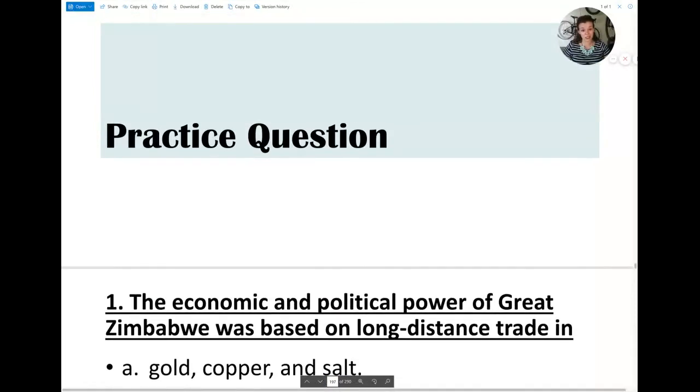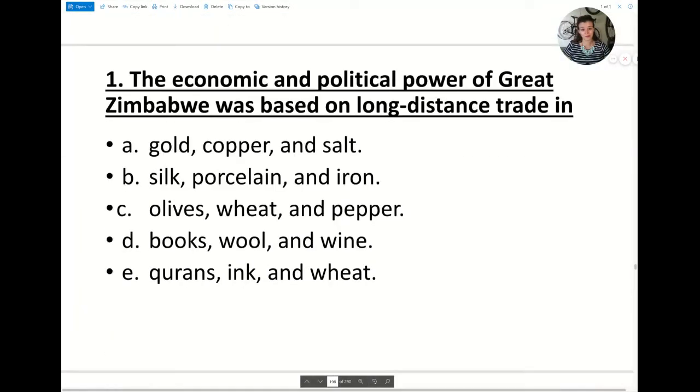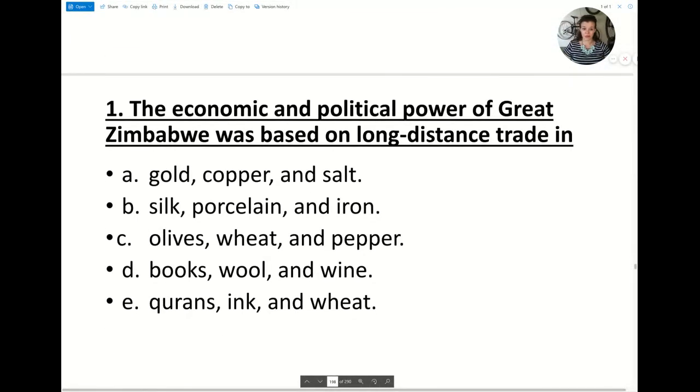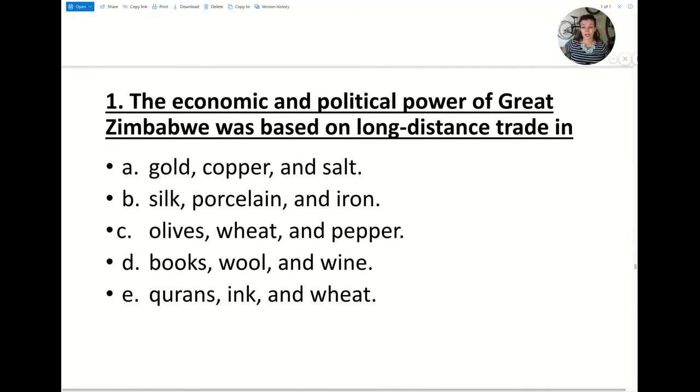All right, let's do a few practice questions to finish up our day. Number 1, the economic and political power of the Great Zimbabwe was based on long-distance trade in